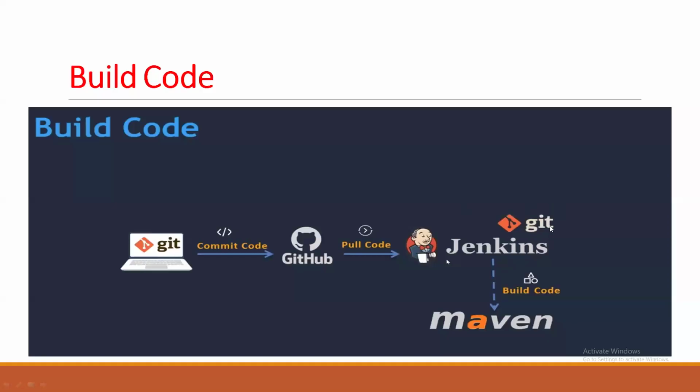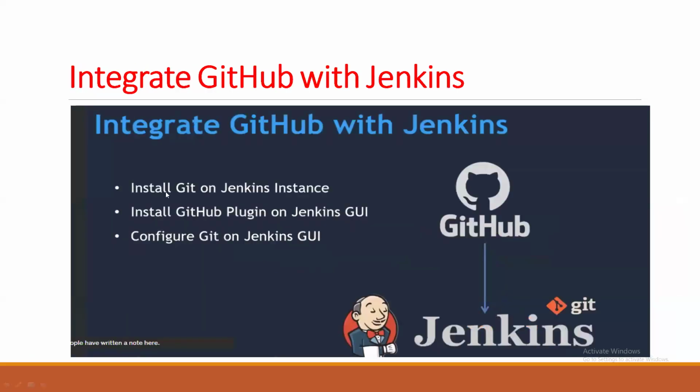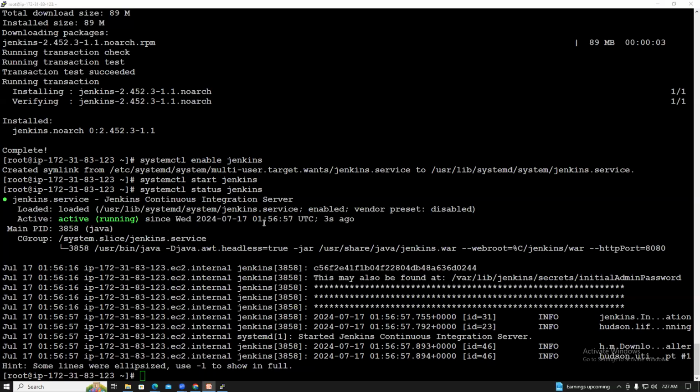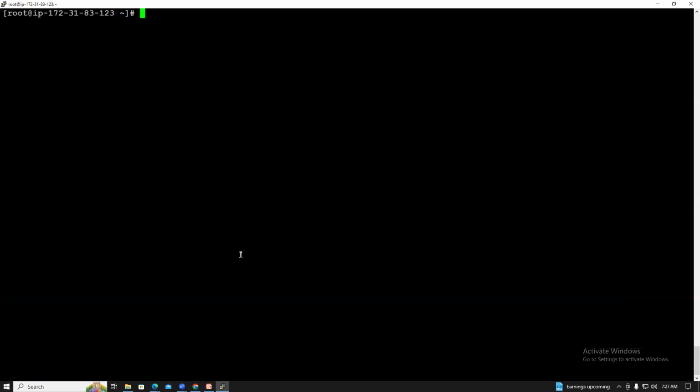First we need to install Git, then we can install the Git plugin. Install Git on the Jenkins instance, install the Git plugin on the Jenkins GUI, and configure it on the Jenkins GUI. I will show you guys. First we need to get the